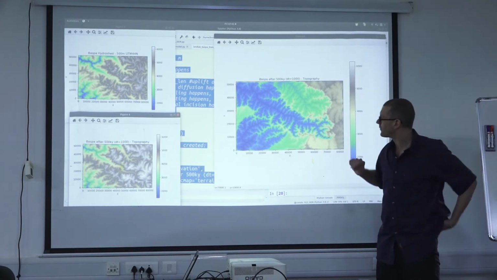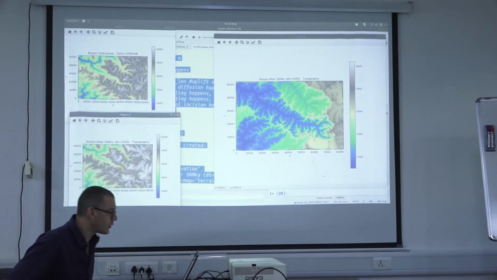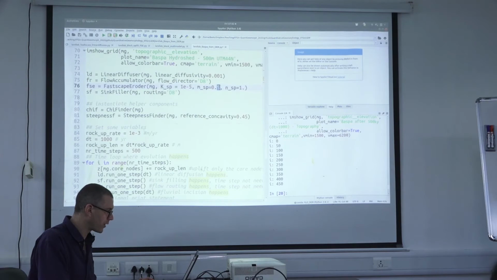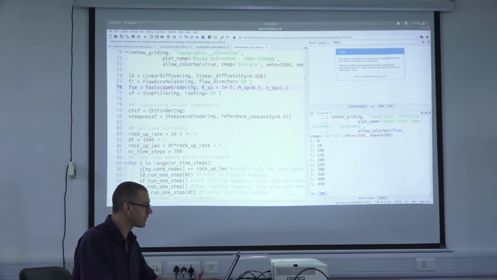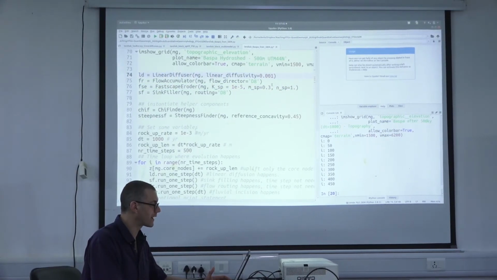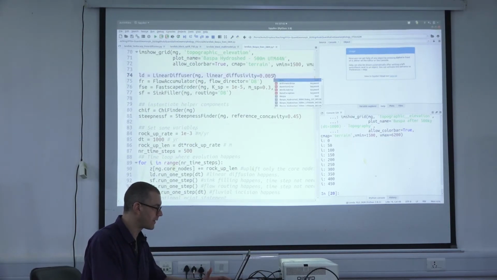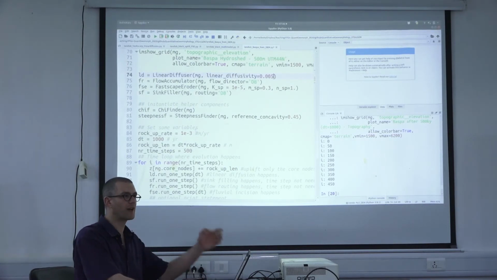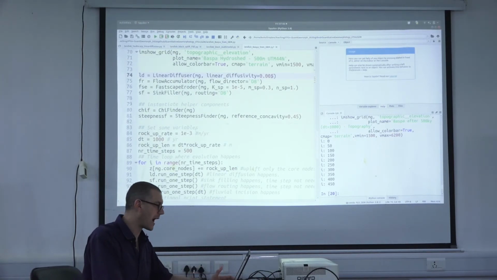So we go back to our old value, which was 0.3, and we can think about linear diffusion for a second. I think this is a very low linear diffusion. I was using a linear diffusion that has been measured on the Tibetan plateau. I mean, we are at the border of the Tibetan plateau, but this is not Tibet. Tibet is even more dry. So I'm slightly increasing the linear diffusion, and